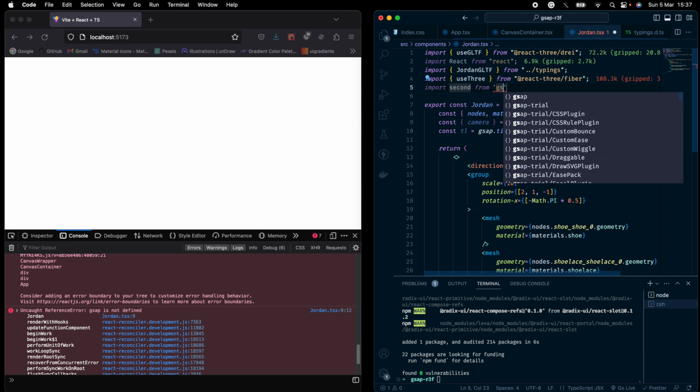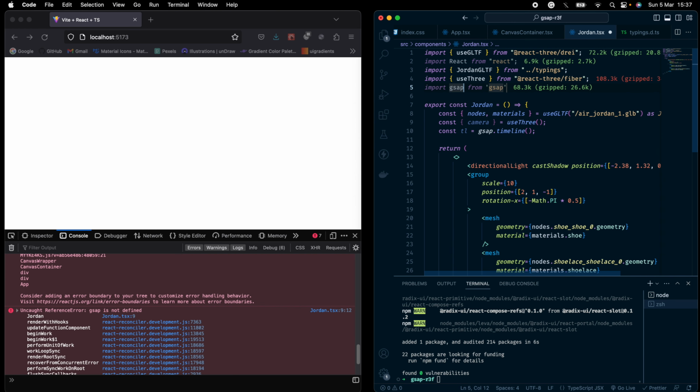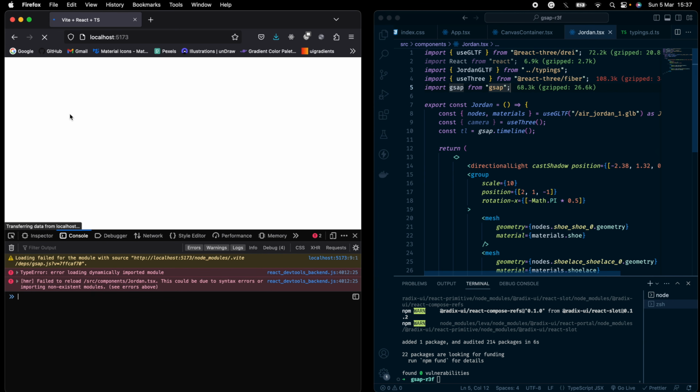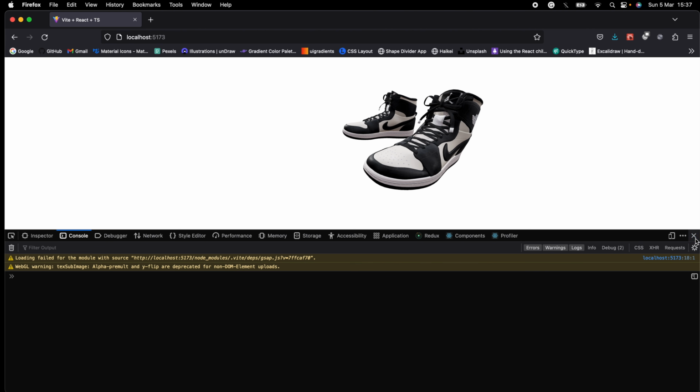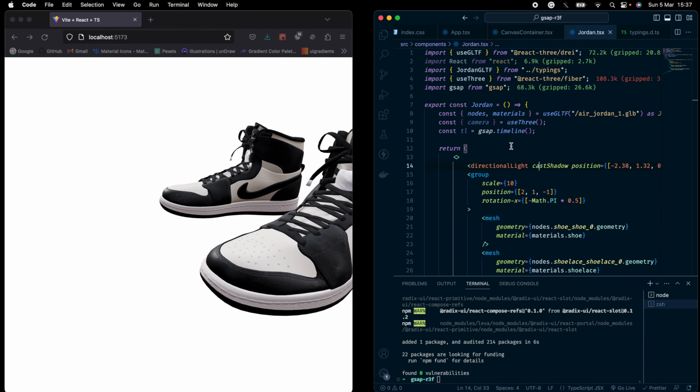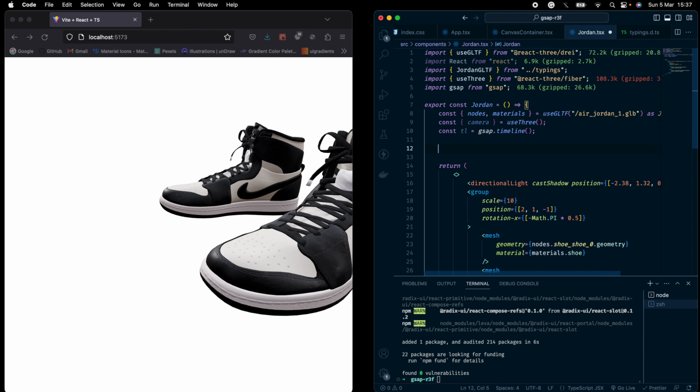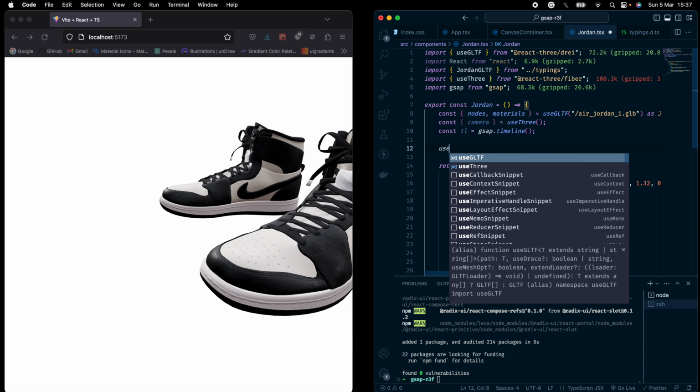Import GSAP from GSAP. Save that, refresh this. Is it on? Okay, good. So we've done that. Next, what we'll do is, I'll use a use